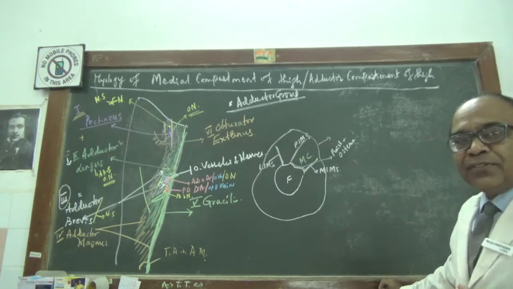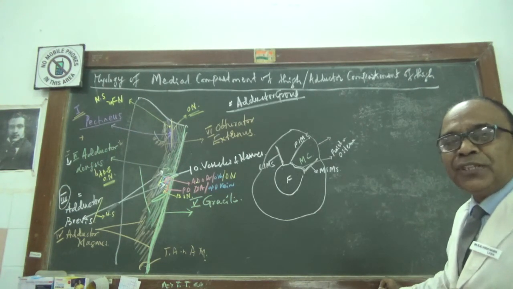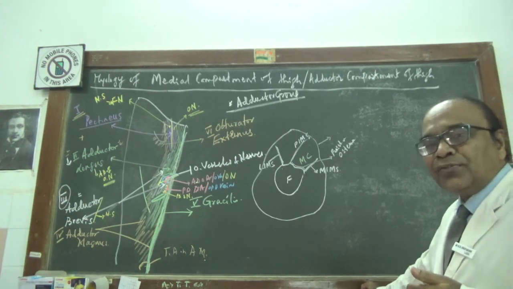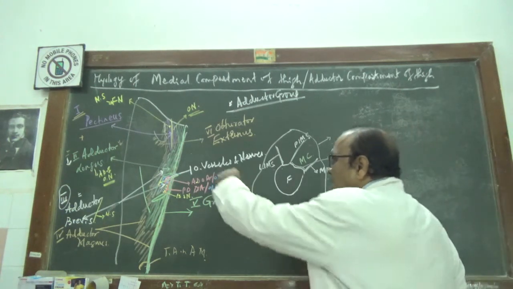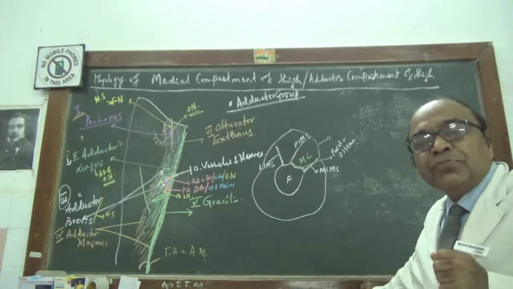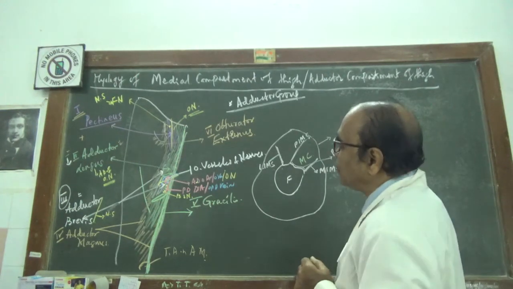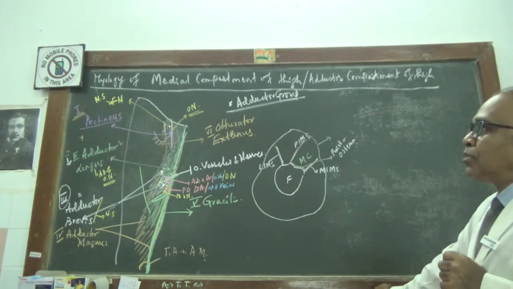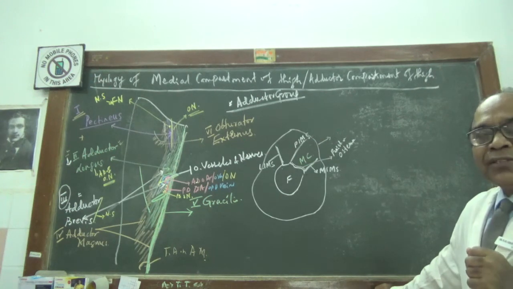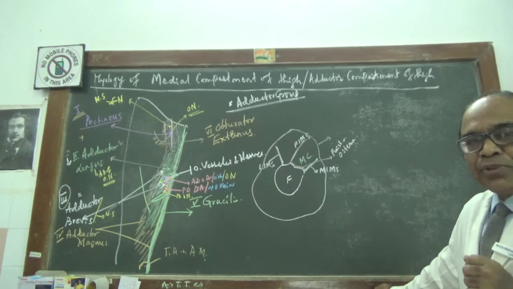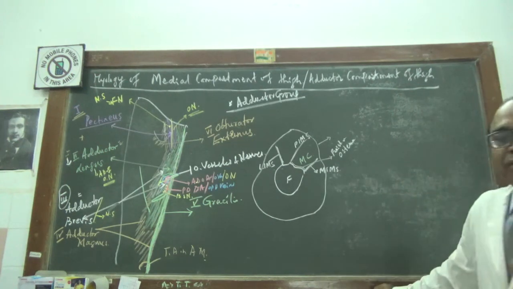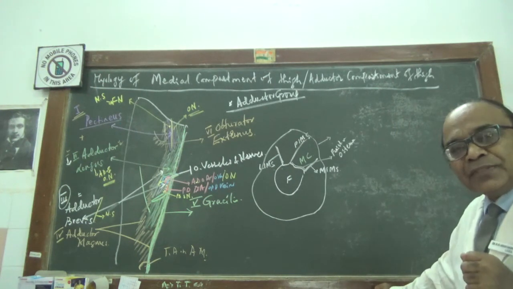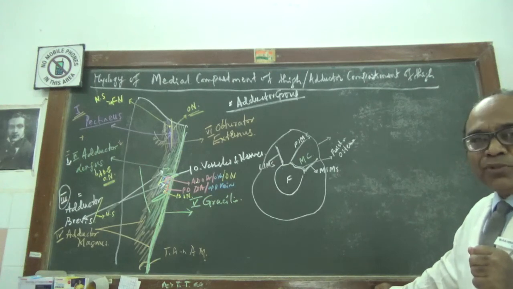Now the relations. In front you will have skin, superficial fascia, deep fascia, cutaneous nerves, cutaneous vessels, and the tributaries of the great saphenous vein itself, and the saphenous opening, cribriform fascia, and the tributaries of the great saphenous vein. Apart from that, you will have the superficial external pudendal artery, superficial external pudendal vein, then the content of the femoral sheath, anterior wall of the femoral sheath, femoral canal, posterior wall of the femoral sheath, and the nerve